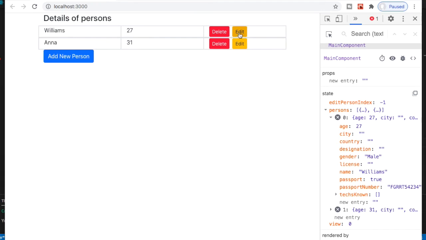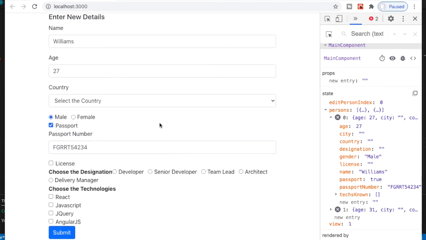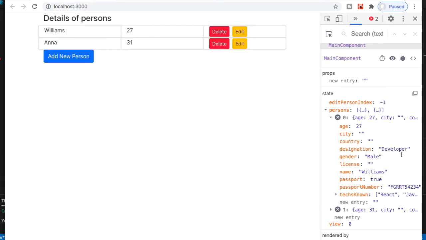If we edit Williams, we see the technologies are nothing. Designation is also not chosen. So let me make the designation developer. Let me make it React and JavaScript. And if I click on submit, you can see here it's become React, JavaScript. So those changes have happened.